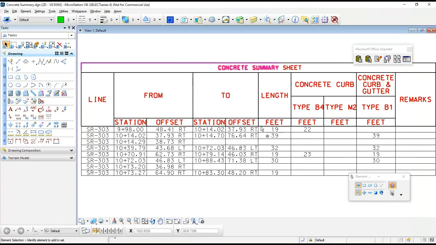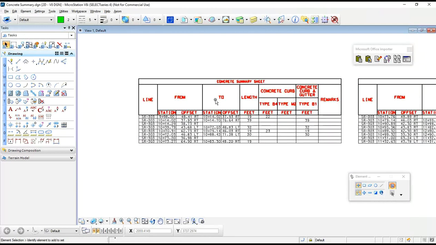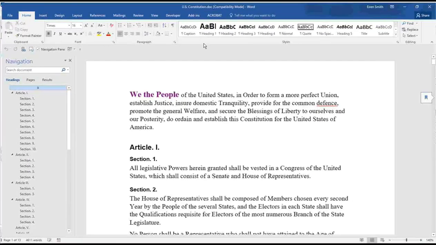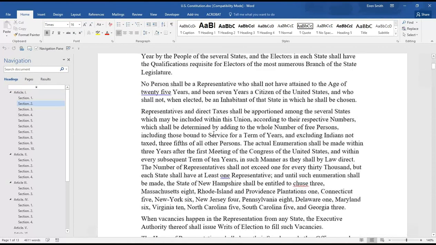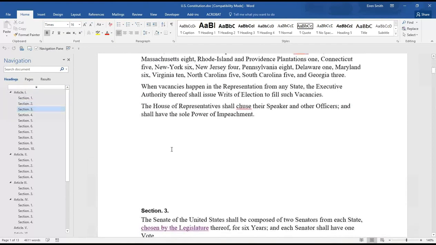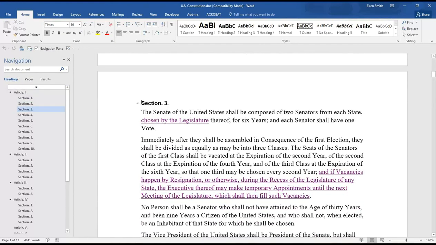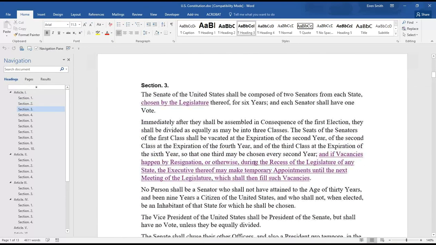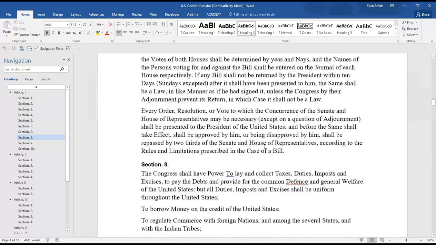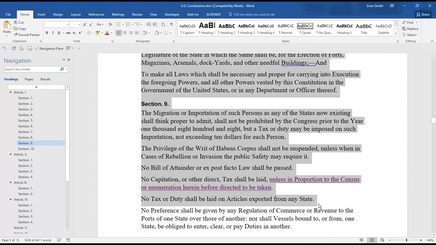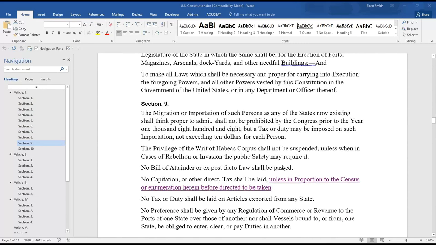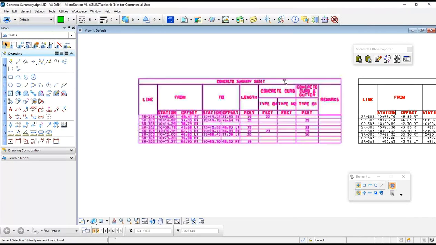And now I'm going to show you a Word document paste with a couple of special Word features. Pasting from Word is pretty much the same as doing it from Excel, except that you don't have tables. It's just a bunch of paragraphs, so you can select what you want. I'm going to intentionally skip some stuff so that you can see that you don't have to include everything in a document. I'm going to grab a bunch of stuff, but I'm just going to kind of grab it out of the middle. So you come in, you copy it, select what you want, copy to your clipboard, jump into MicroStation, use the same paste button,